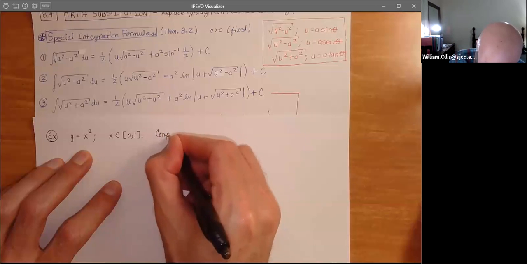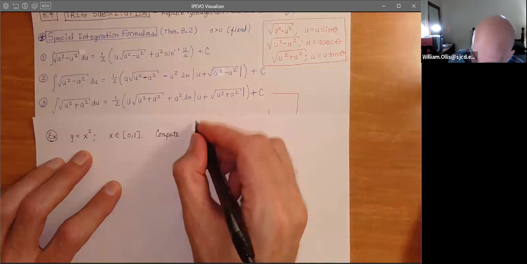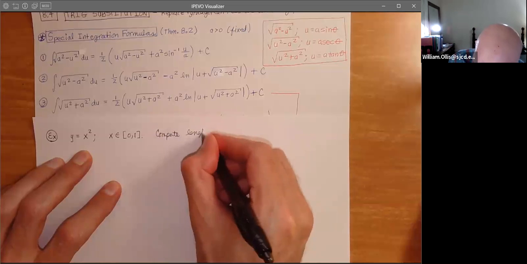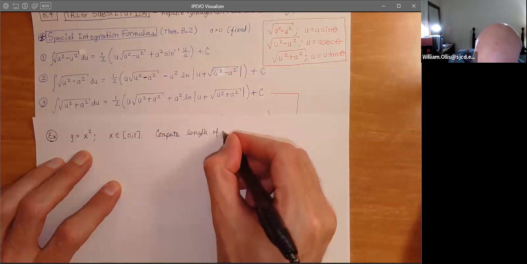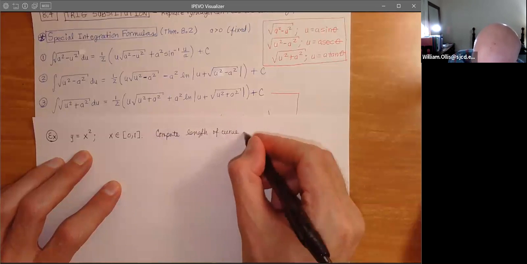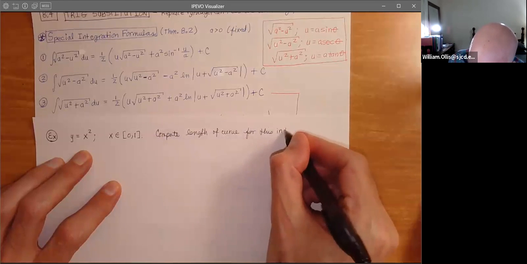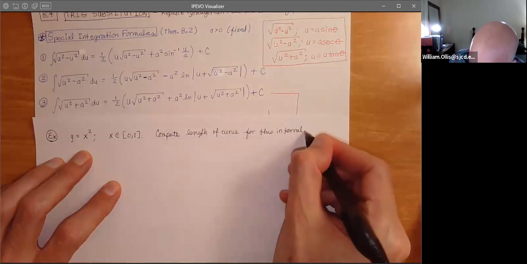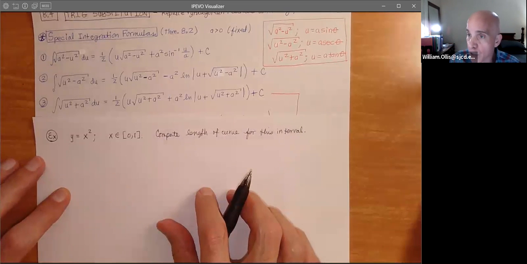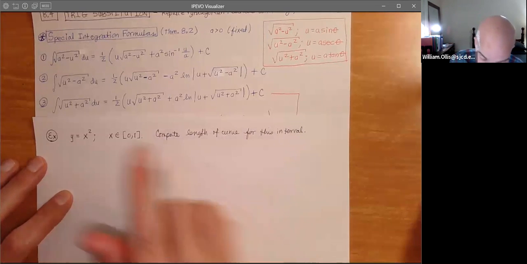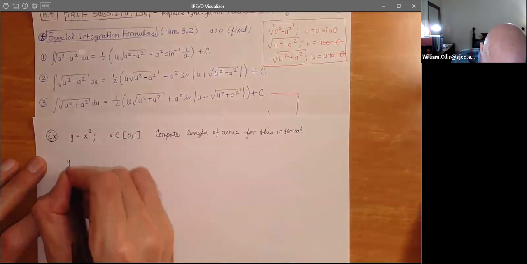Compute the length of the curve for this interval. And this is where these special formulas are very useful, and you can see why we didn't do it at the time. So now we can say y prime